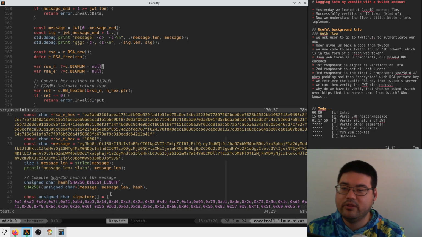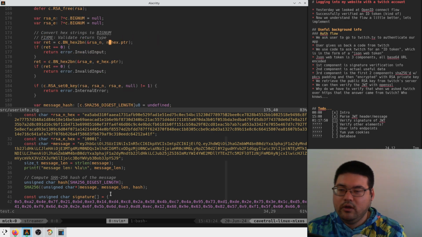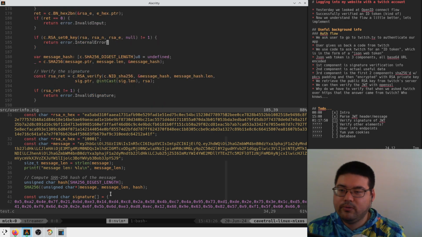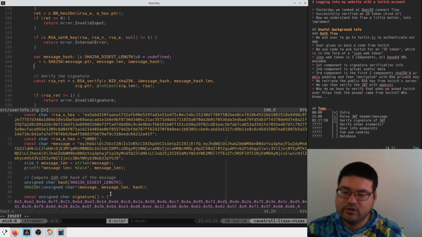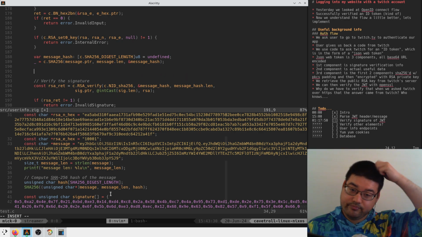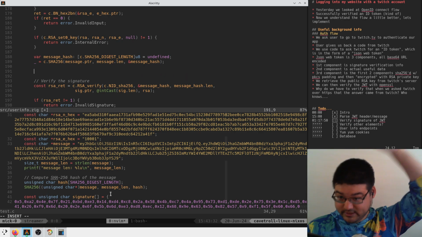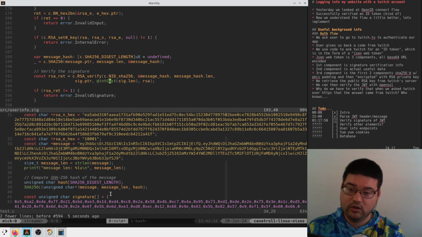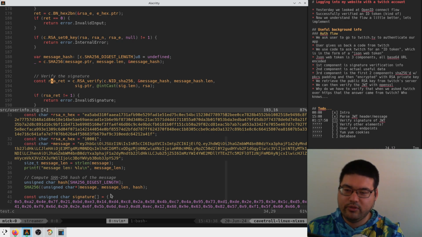Let's print out the message hash, that's probably the next thing to check here, as well as the signature. Well, we're pretty confident that this signature is the same. So the things to validate here are